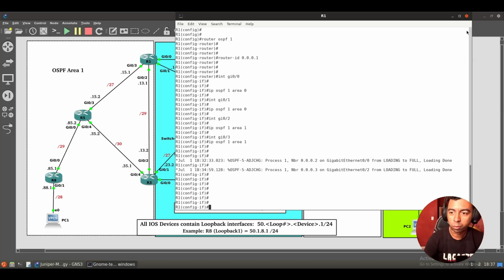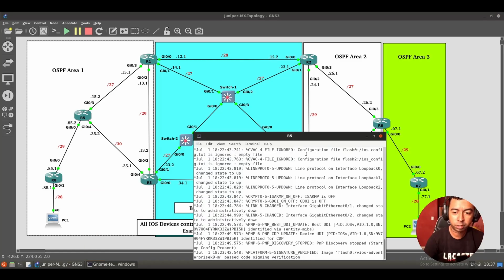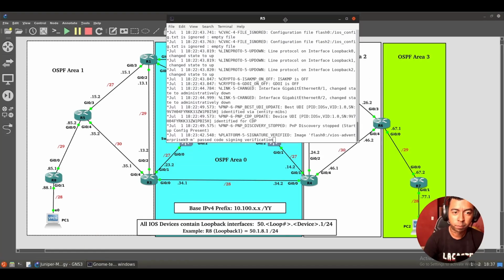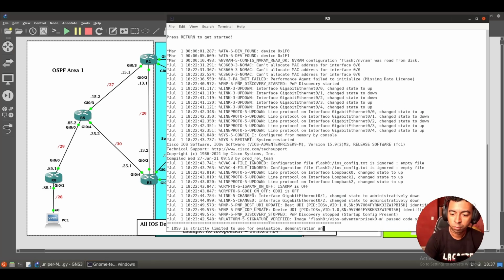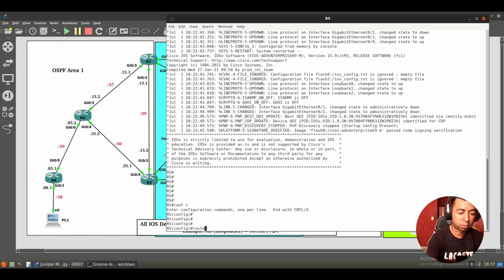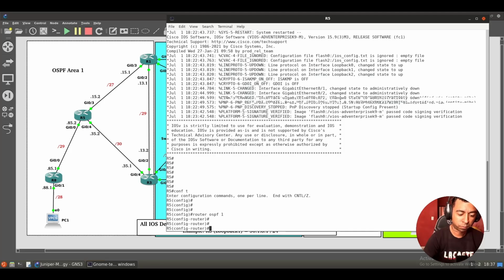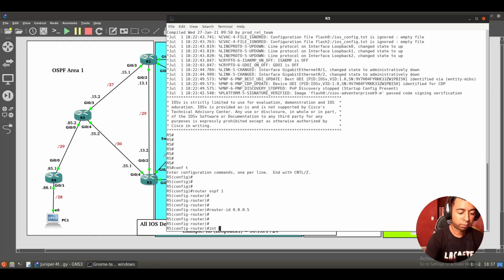No, not router 1, router 5. Giving the sequence of the configuration. Alright. Let me increase this view here. Perfect. Really good. So config terminal, router OSPF 1, router ID will be 0.0.0.5. So interface